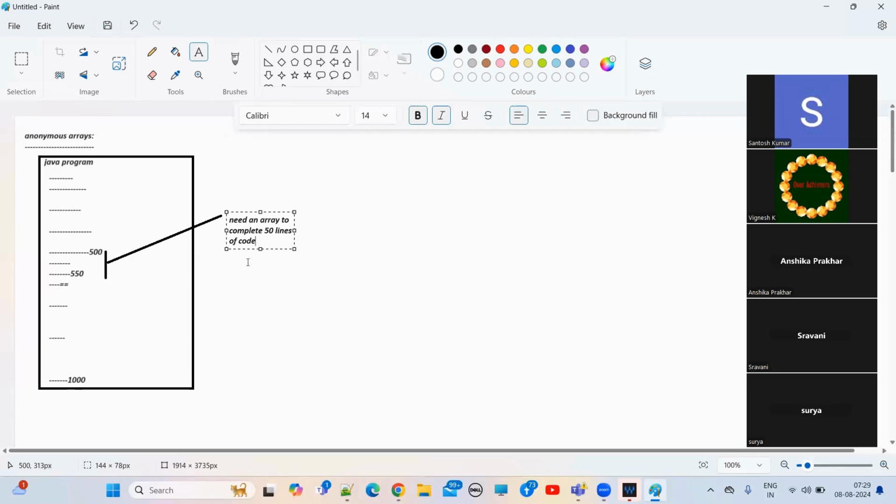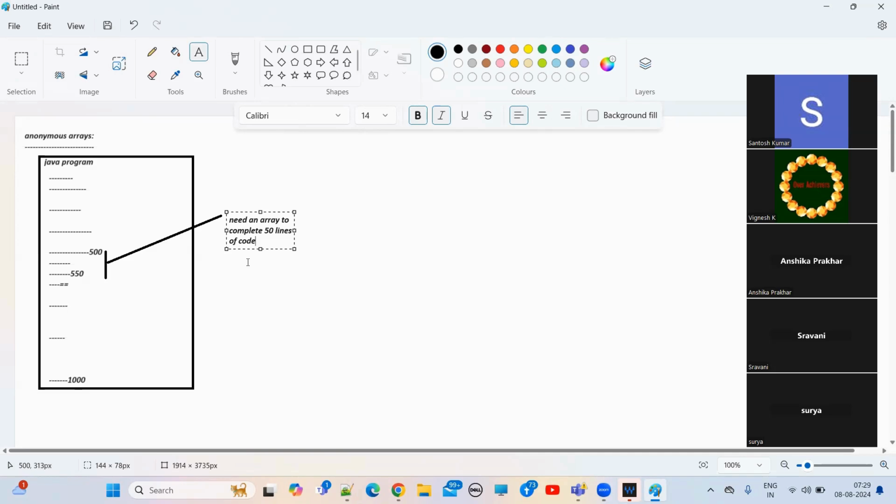Just for the execution of lines 500 to 550, I need one array. That's it. After that, I'm not using the same array anywhere in my entire program. So just to complete that particular block of code,